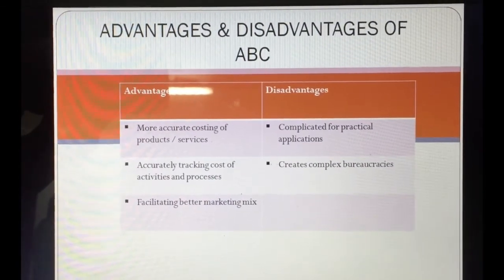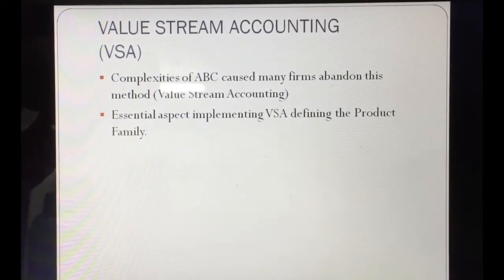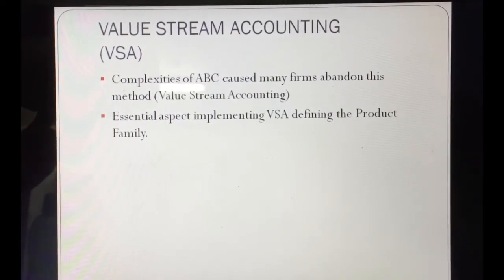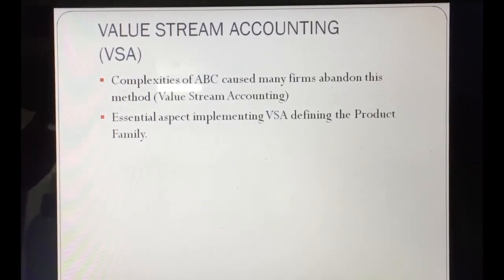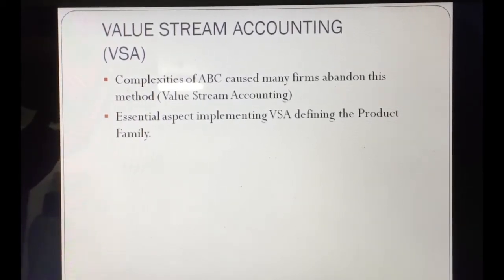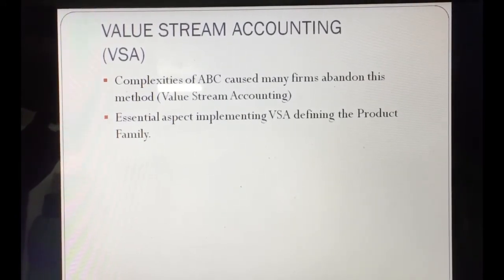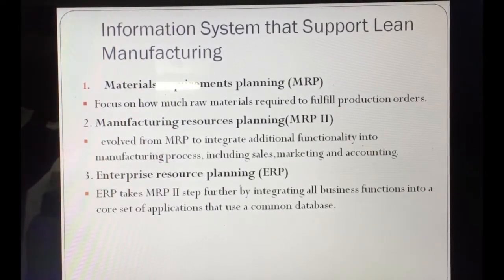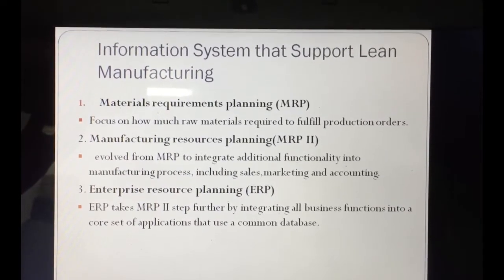And the next is value stream accounting, which is VSA. The complexity of ABC has caused many firms to abandon this method in favor of a simpler accounting model called value stream accounting. An essential aspect in implementing value stream accounting is identifying the product family. Value stream accounting includes all the costs associated with the product family but makes no distinction between direct costs and